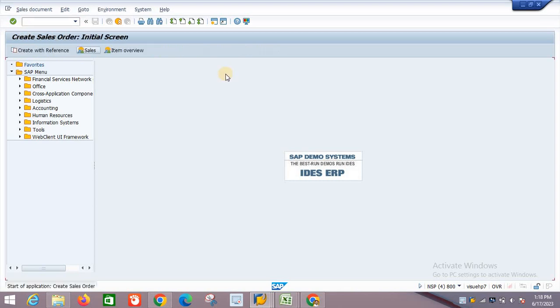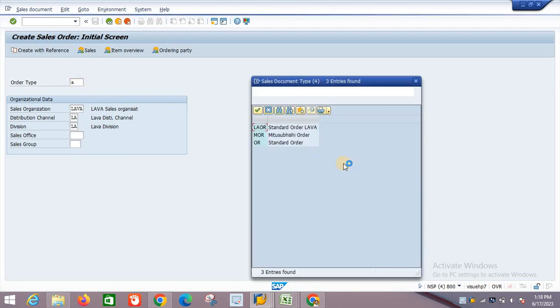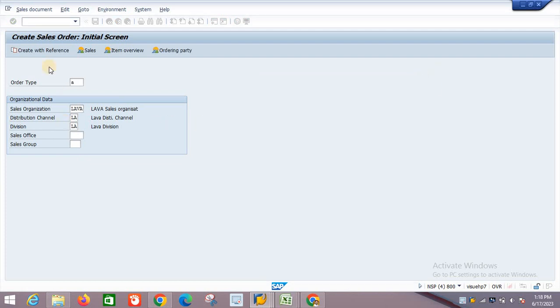That is VA01. Then I will select the order type. /n VA01.